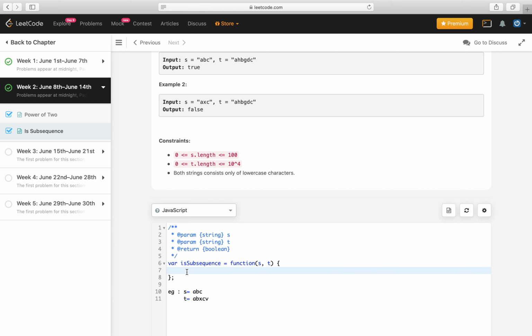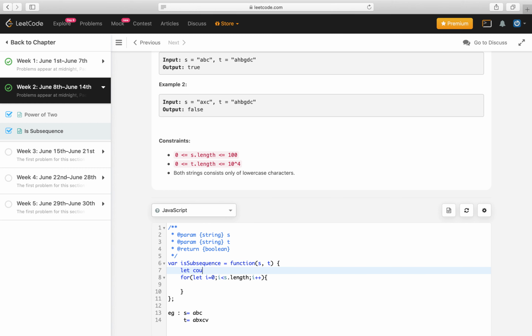So let's start with the solution. Let's have the for loop first. For let i is equal to 0, i less than s.length, i plus plus, and for the inner loop we will take a variable count.